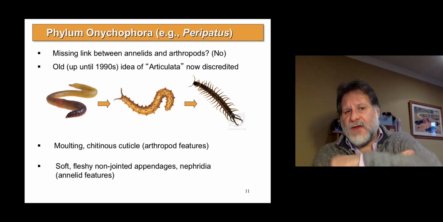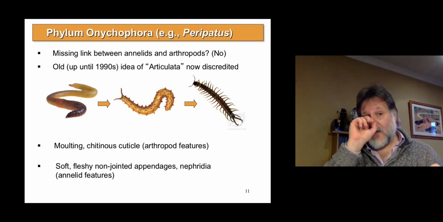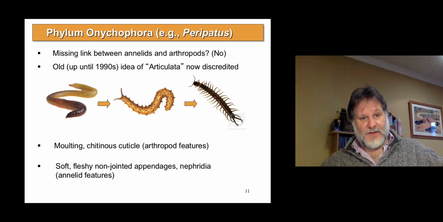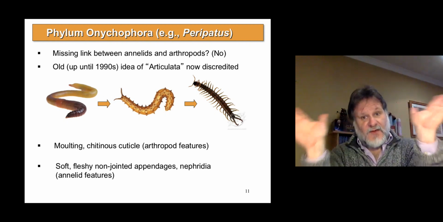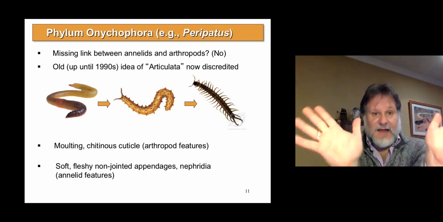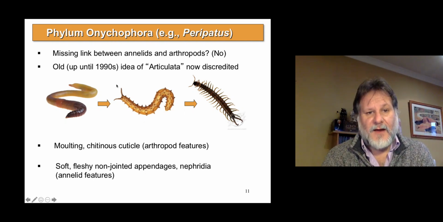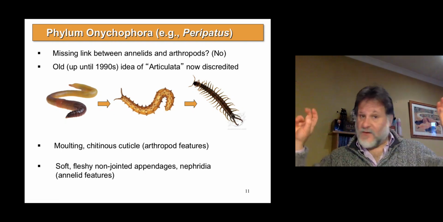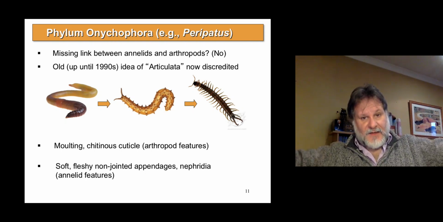Now, it used to be thought that the annelid worms, because they are segmented, you can see the segments of an annelid worm very clearly in its body, and the polychaete annelids also have these parapodia stuck out the side. So here we have paired appendages in a segmented body in the annelids. It used to be thought that onychophorans may have evolved from something like an annelid, or indeed from within the annelids. So they modified, so the story went, we no longer believe it, they modified the parapodia into these lobopodous